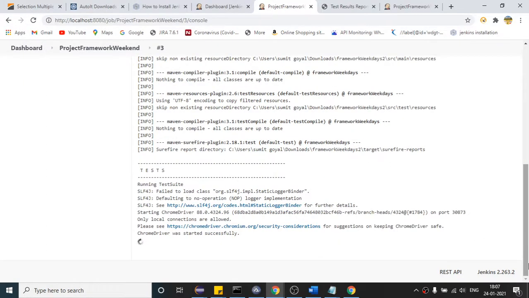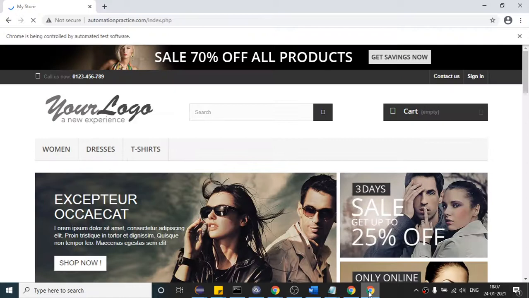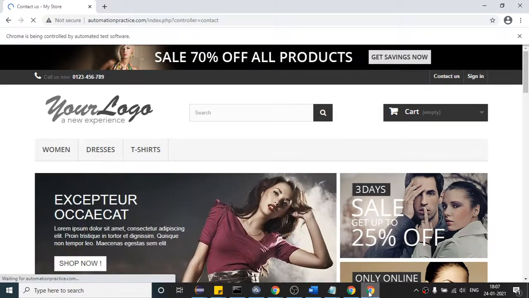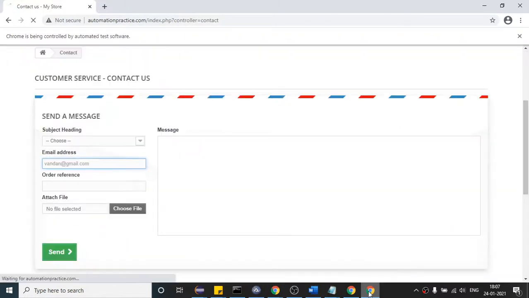After that the Chrome browser will open, and the third is the Amazon website.